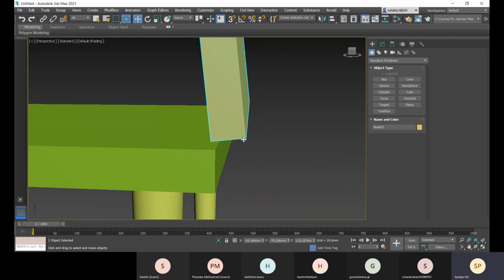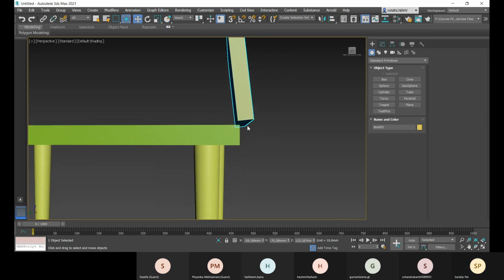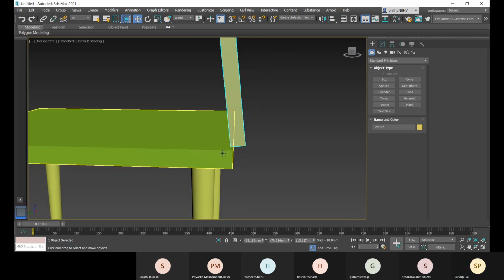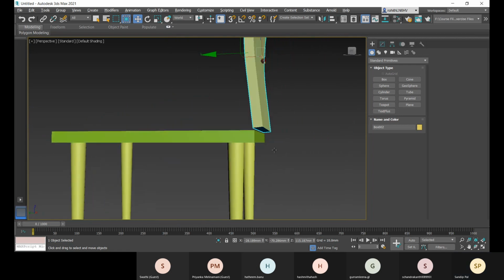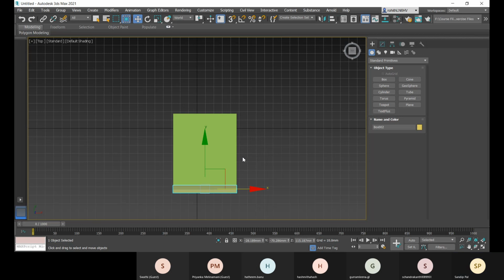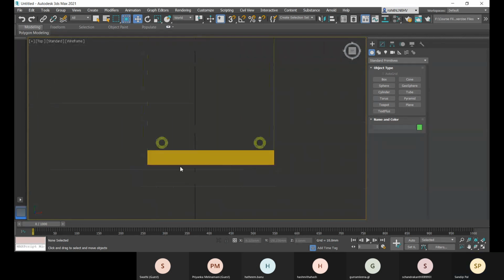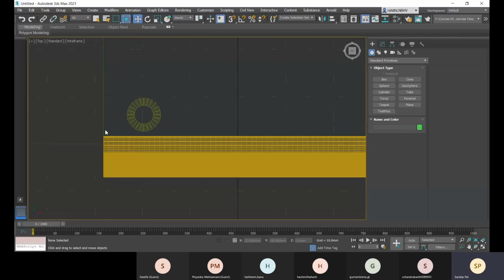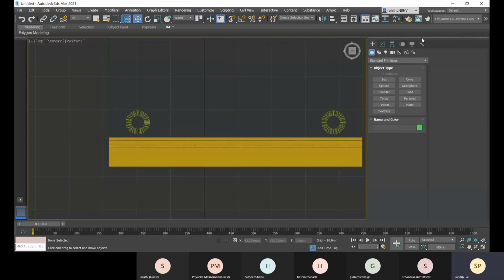Right, and after that you can increase this part. What you can do, let me come back to top view. That one is right now selected, and you can align it.